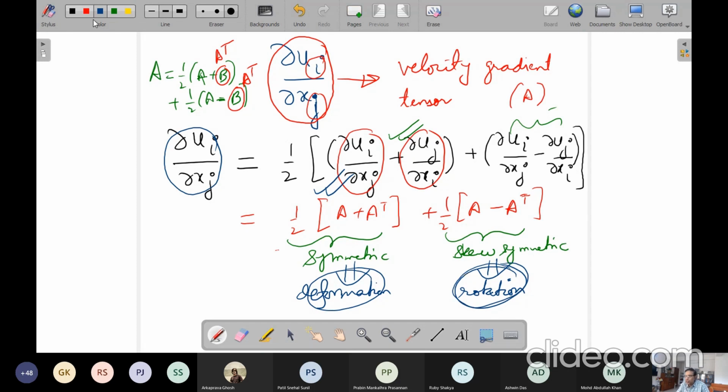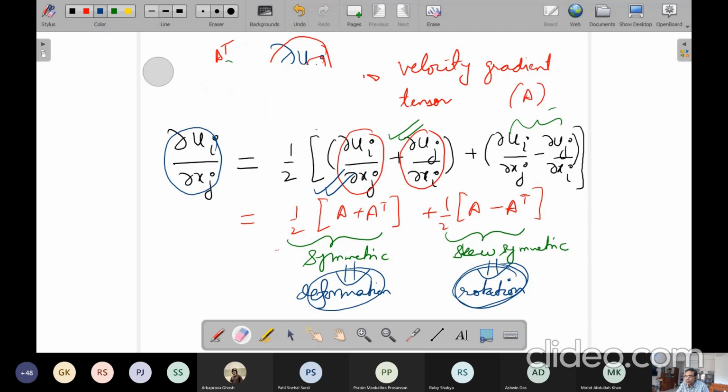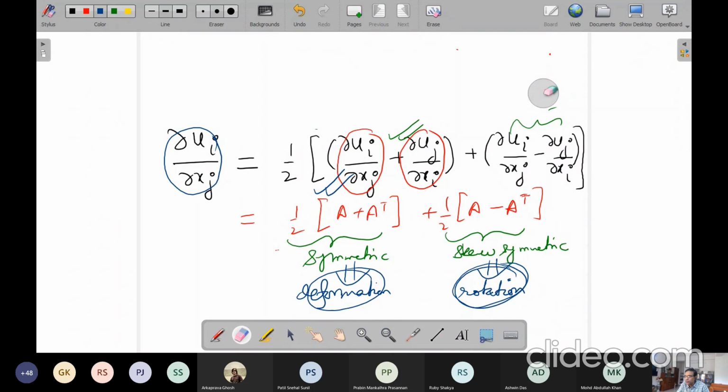Now you might argue that the rotation concept was also applied to a deforming fluid, right? So how do you say that this is not related to the deformation? So we can abstract it from deformation by noting how we defined it. We defined it by half of alpha dot minus beta dot, right? So this was alpha dot and this was beta dot.